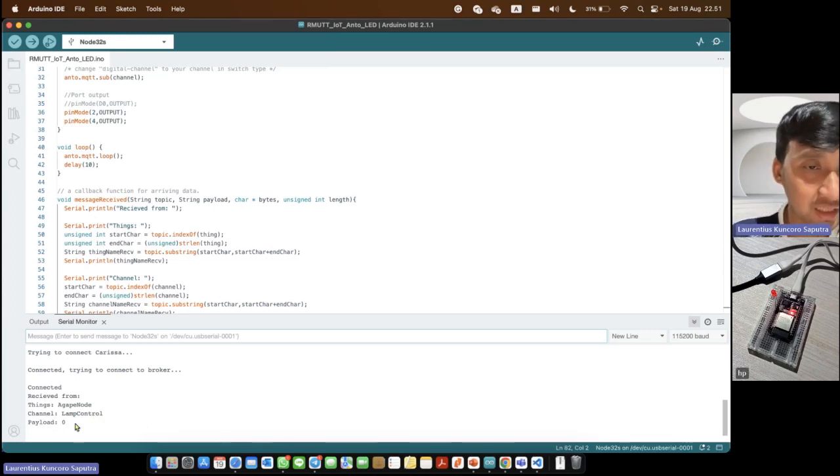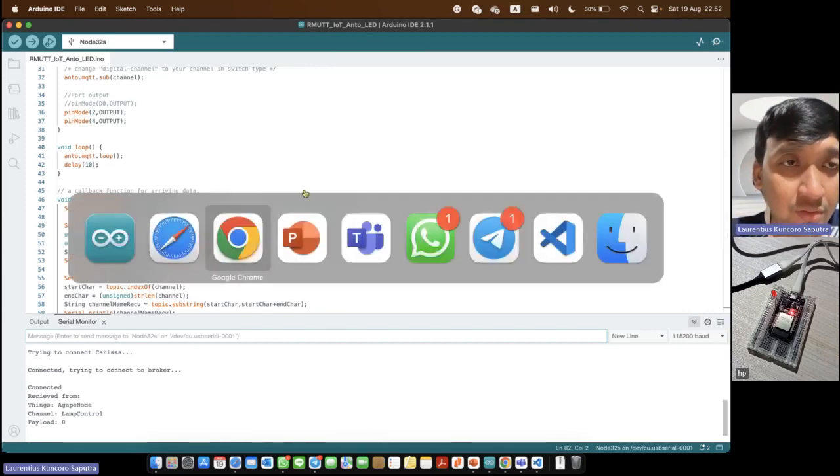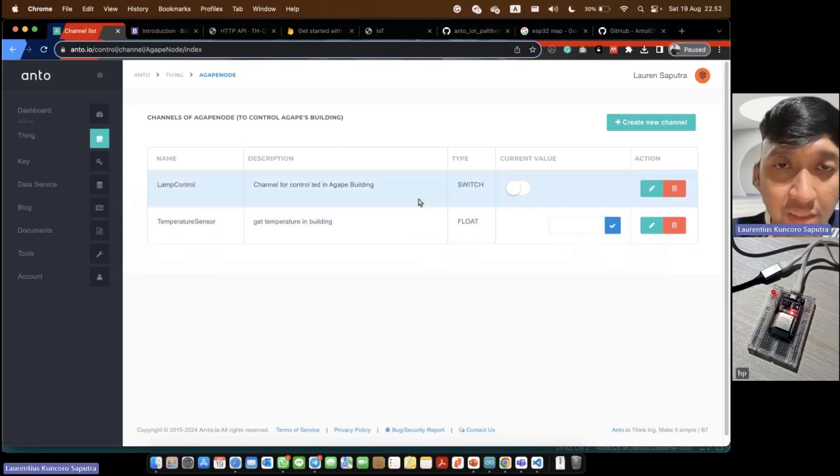That means in Anto, our lamp control channel has a value of 0. The value is now 0. So if we want to change the value, we can go to Anto and directly change the current value here.